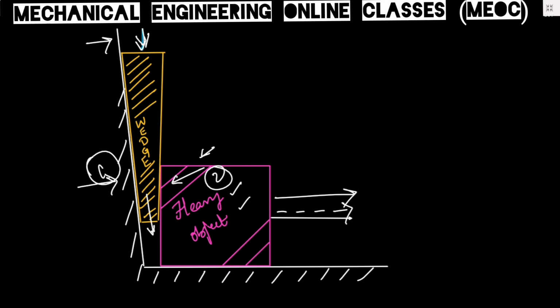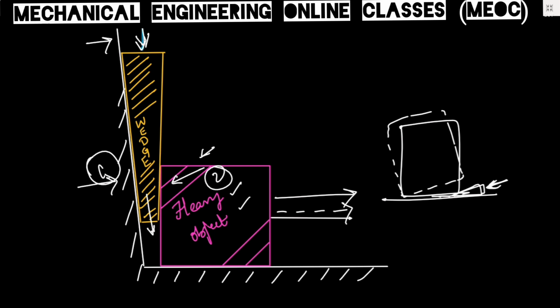In order to move heavy objects, or even to lift a heavy object, for example a very heavy object kept on the floor, we can insert a wedge here. As this wedge is inserted deeper and deeper, this object will tend to rise up. Once the object starts tipping, it can be hooked to a crane, lifted and shifted to a different place. Therefore, with the help of wedges, we can do heavy duty jobs where with a small input force, higher normal reactions can be developed. So let us see it through an example.